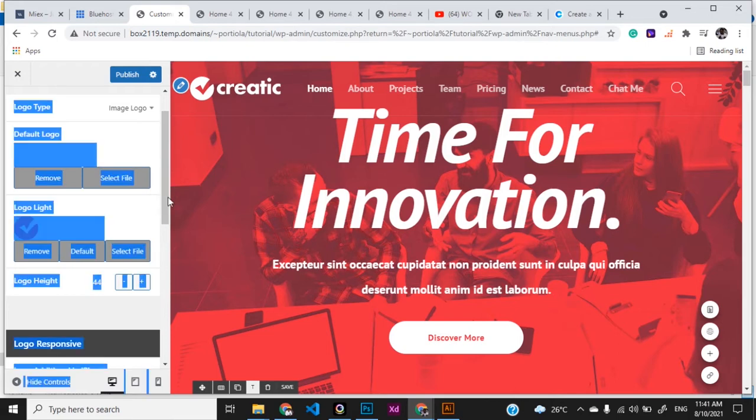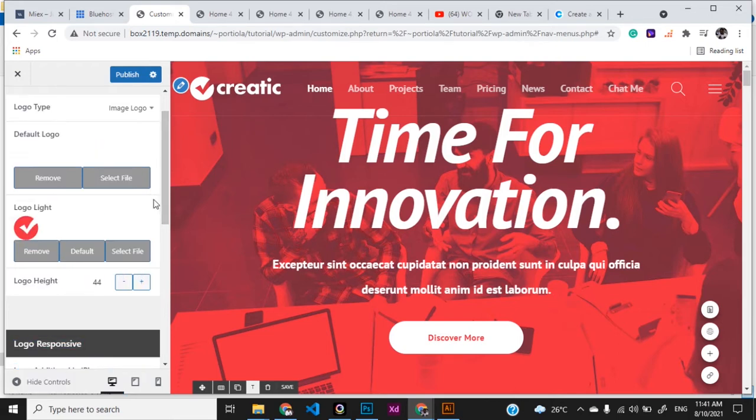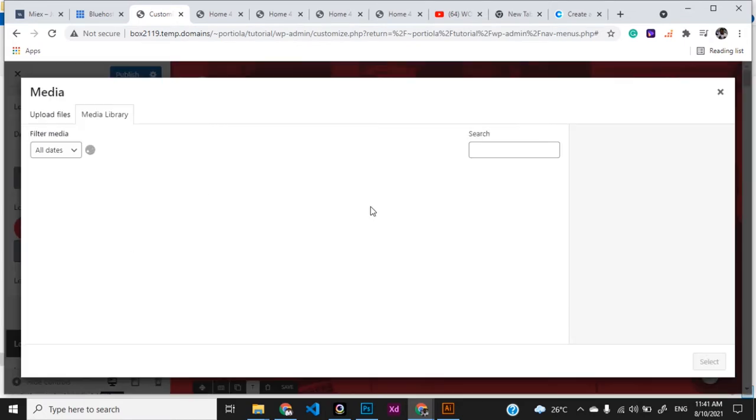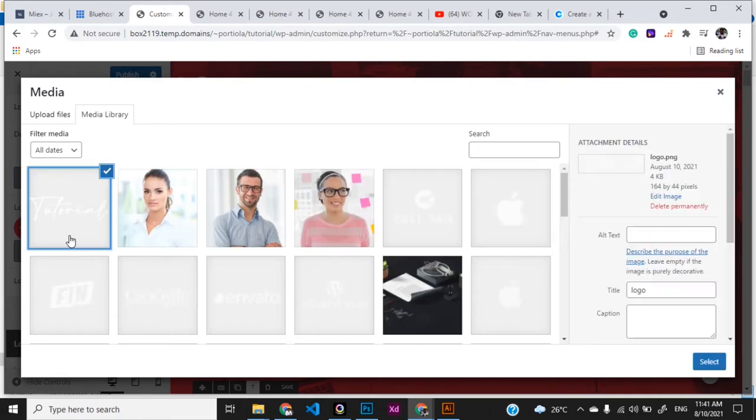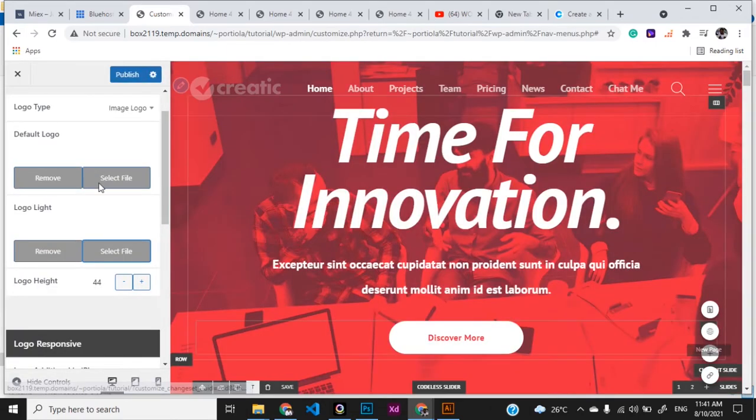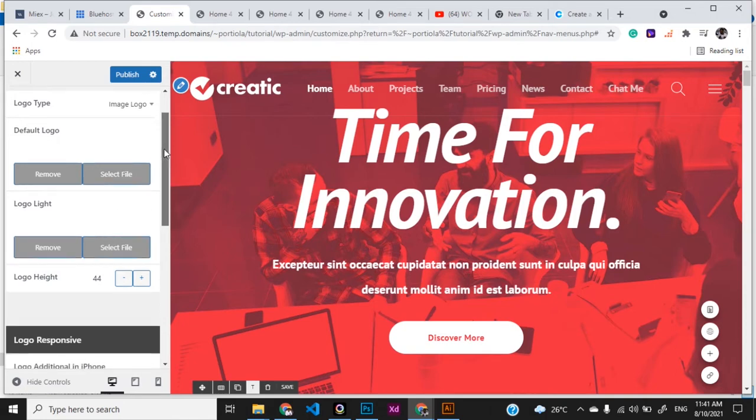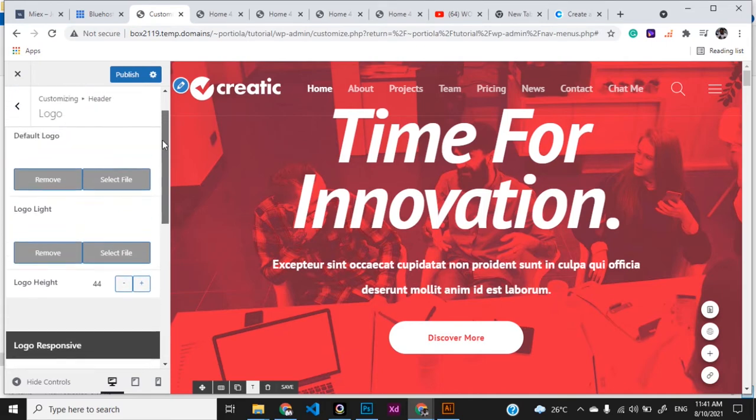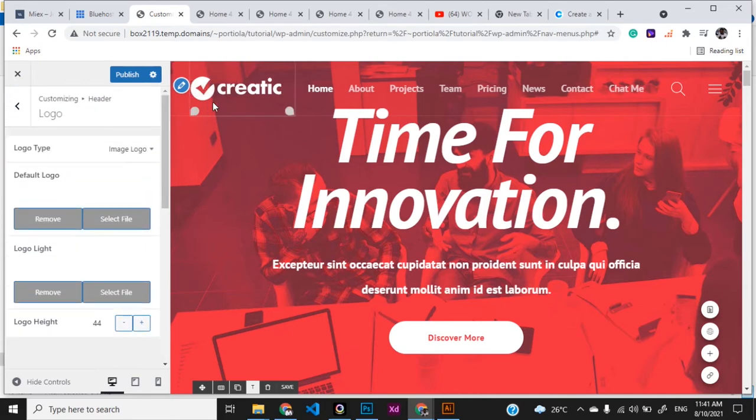Okay, let's check out the second one there. The light version of the logo. We also pick the same thing we just uploaded. Now, the first version is supposed to be the default logo, which could be a dark color, while the second version you're putting up here should be the light version. So you could have white here, while this is the colored version. So I'm leaving both of them same thing for now. This is supposed to update, but